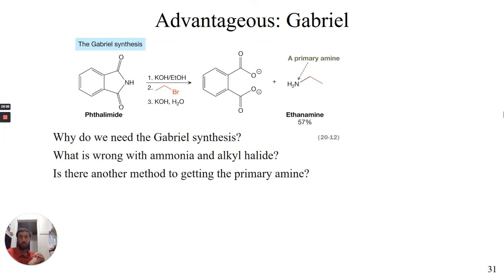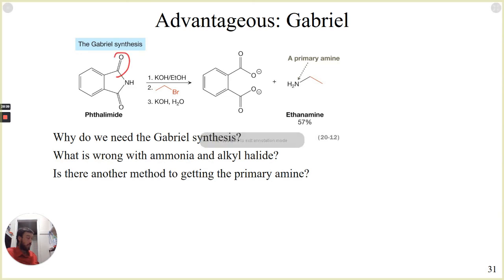Here steps in Gabriel. And the point of the Gabriel synthesis is really all of that secondary junk out here is really just a control on the nitrogen. It is occupying those reactive sites, limiting its ability to act as a nucleophile. So if we go through the reactions, right, if we start this off, we're mixing it with a base, hydroxide, and at the very end we're like, isn't that mixing with a base also? We're actually mixing it with a nucleophile hydroxide there, and that may seem weird, okay, but we'll kind of address that. That base removes the hydrogen,